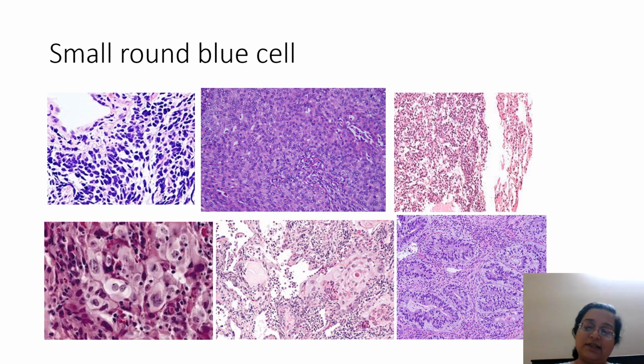When you get a chest X-ray, you see some sort of haziness in the chest X-ray, or you might even get pleural effusion. You might get a collapse. You might get a mass outline. You go for MRI and CT, and there you diagnose that there is a mass over there.